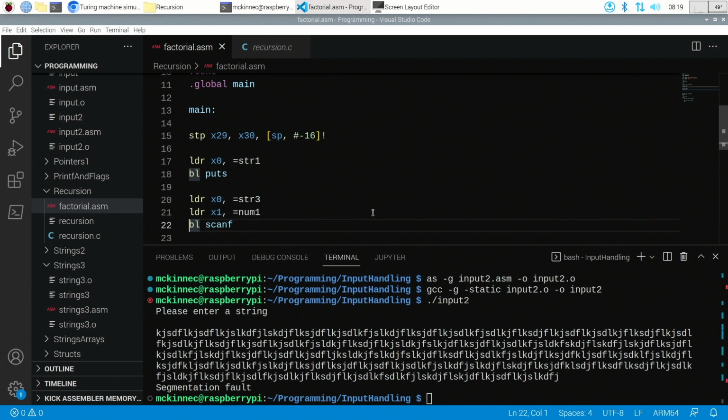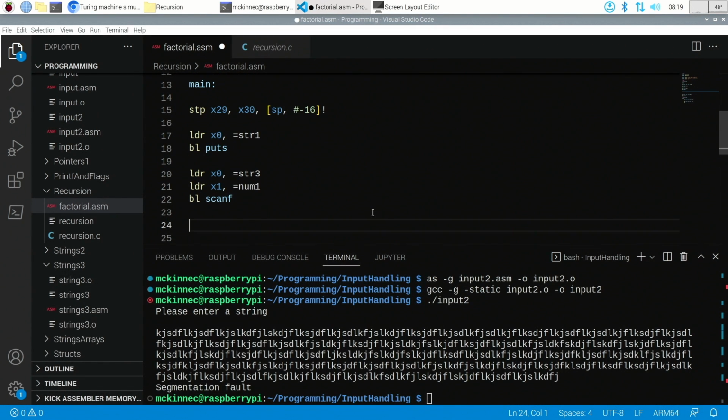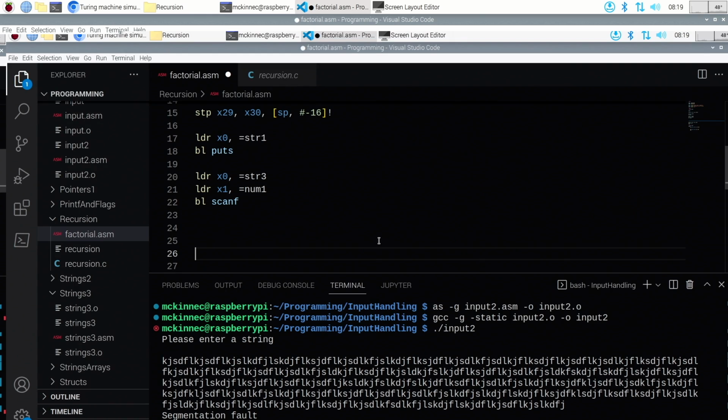In this case, this is why I pre-allocated the number num1. So I have wherever that place is in memory, and scanf is going to write there. Okay, so we're good there, and that'll get us our data. And then let's just go ahead and print